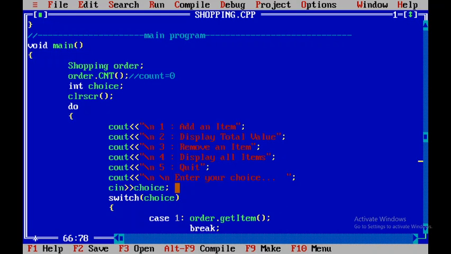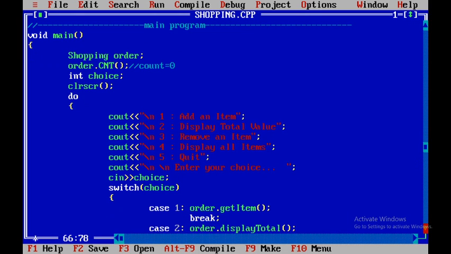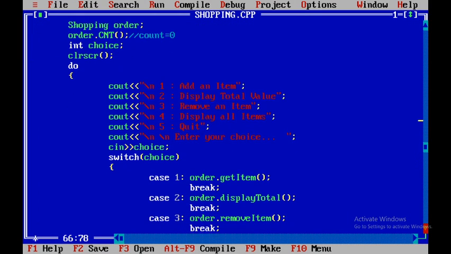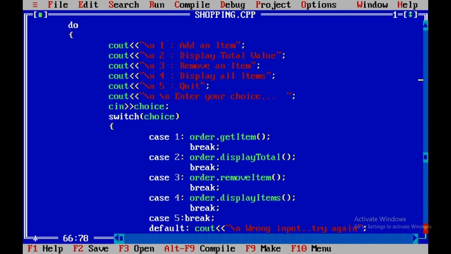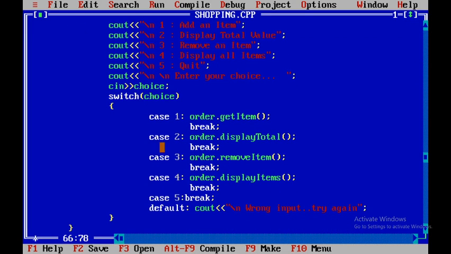As per the user's choice the response should be there, and for that here we are using a switch case statement. Switch in brackets choice, whatever value is given over here will come into the switch statement. So if the user's choice is 1, for case 1 we will call the method get atom.